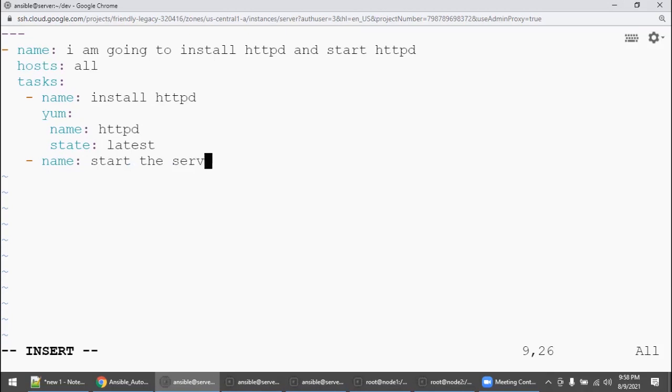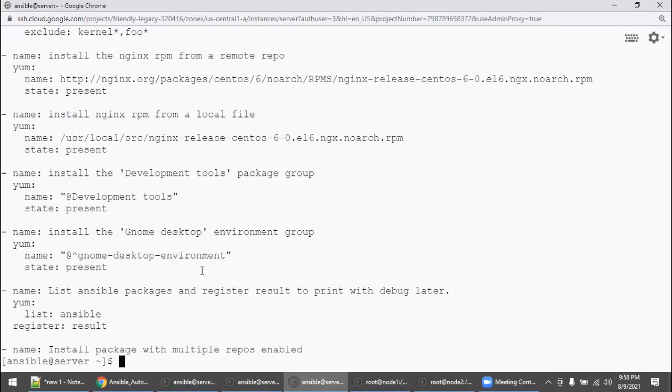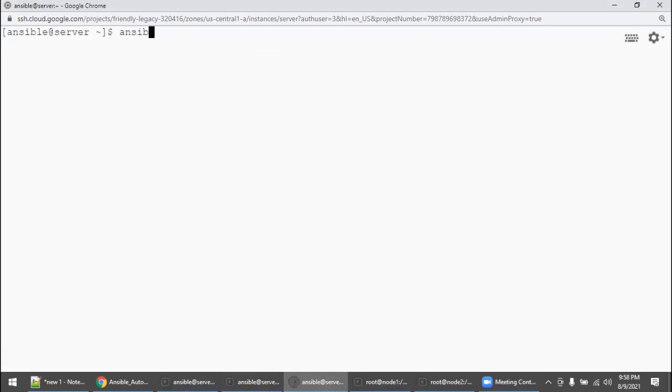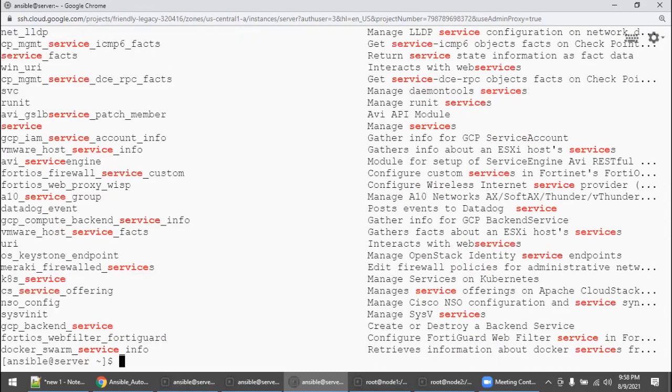Again, I'm saying I am a Unix admin, a Linux admin, but for Ansible purposes, I don't know anything. But I know that to start the service, the command is either systemctl or service. So go to your third window, come out of your module, and I can say ansible-doc. What is my purpose? Service. So grep service. I know the word called service, so search the service related modules.